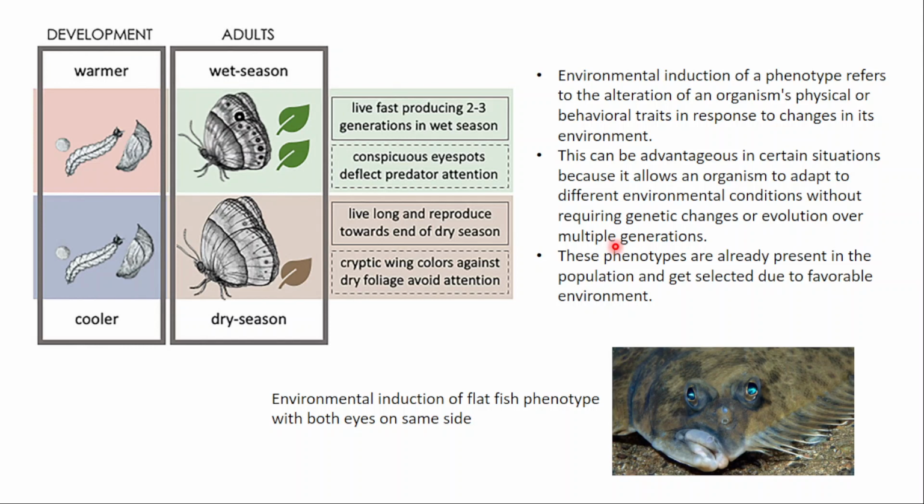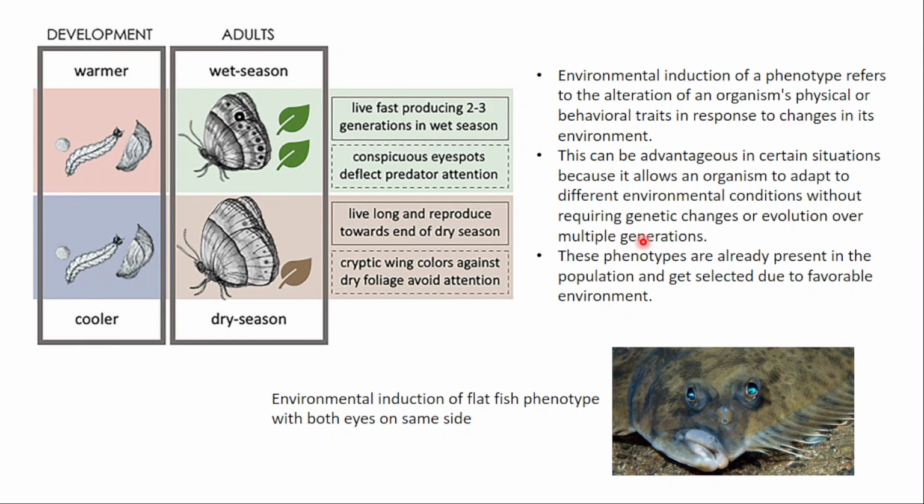So if a certain species now encounters a completely different environment, then such induction of phenotype can be advantageous to that species because it can allow that species to adapt to the different environment. These phenotypes are already present in the population and get selected due to the favorable environment. So it's not like any mutation will happen, or genes will change completely, or a duplication event will happen, and evolution will happen only after multiple generations, then we get a new phenotype, so that now the species can adapt